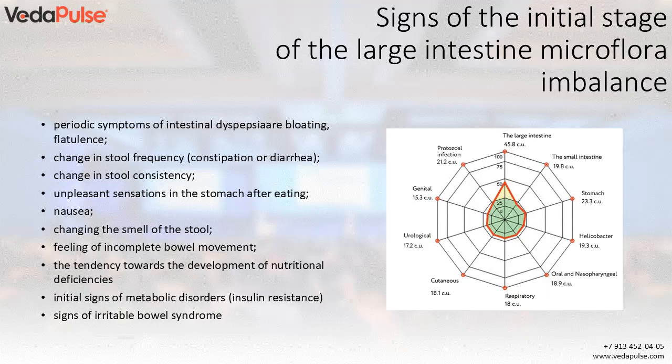And you can see that the program, having detected indirect signs of autonomic dysfunction associated with disturbance of this biotope, will give you prompts in the form of probable clinical signs that this person may have, so that you can conduct a more detailed clinical interview, a survey, and ask these questions. Do you have signs of gastrointestinal dyspepsia such as abdominal bloating and flatulence? Are there disturbances in bowel habits? Changes in stool frequency, a tendency toward constipation, diarrhea, stool consistency, and various other points, which can clearly, clinically indicate